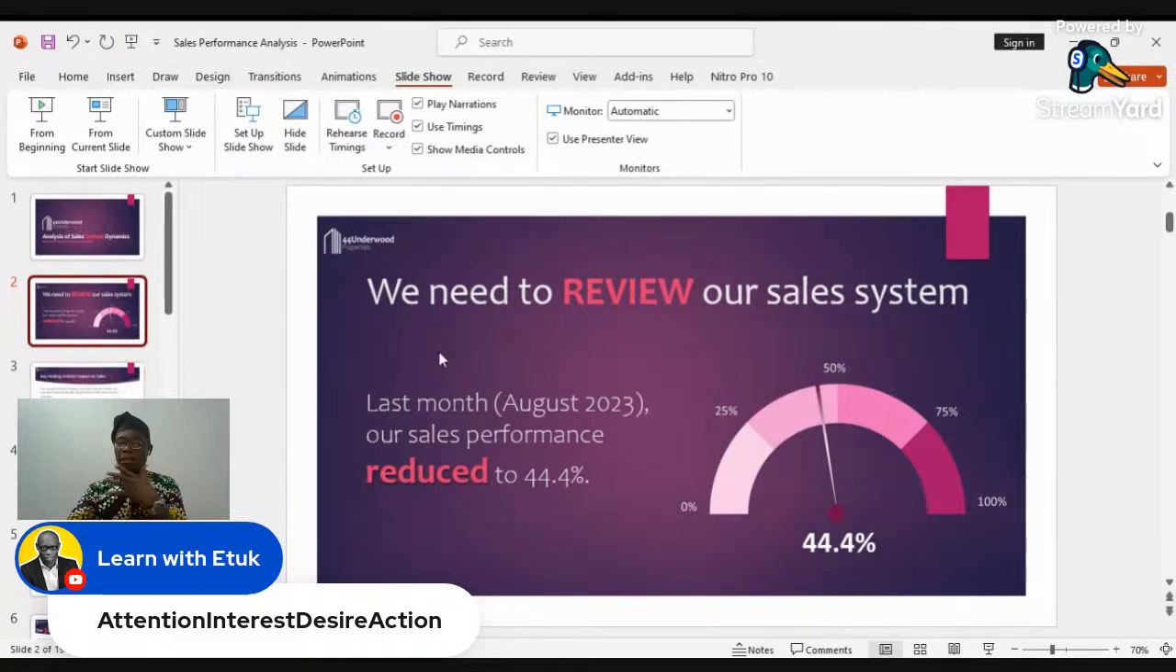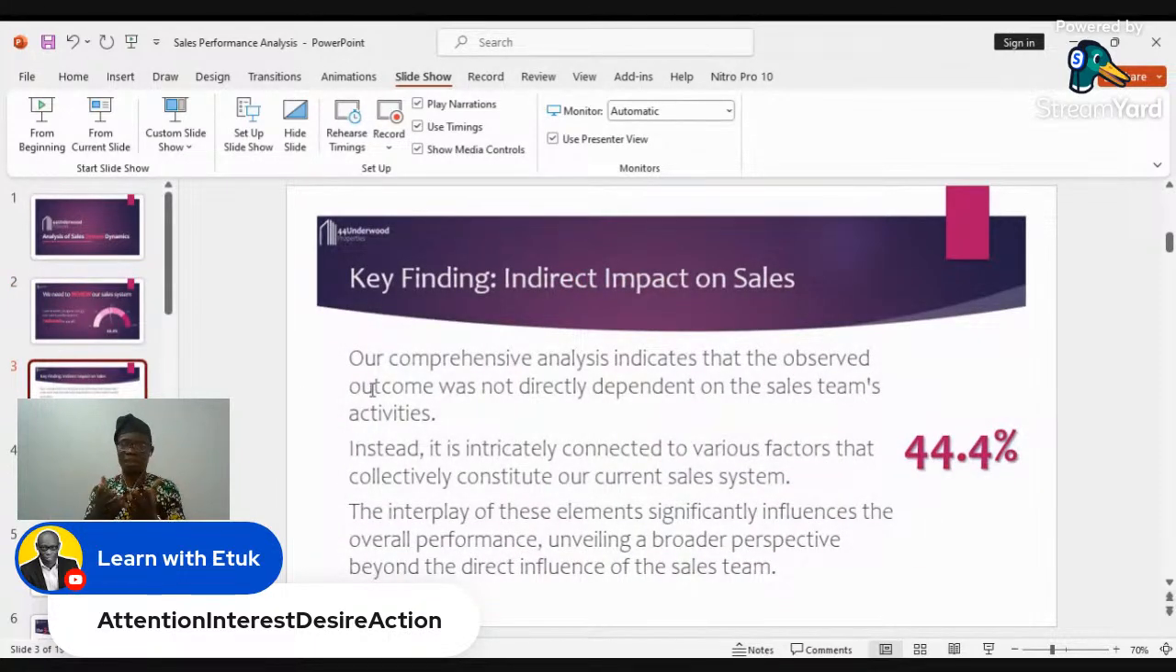Let's continue. So, this is the first part. We've just outlined the action and the key KPI, which is last month. Then I'll proceed with the next part of the discussion now, which is the key finding from the analysis. Our comprehensive analysis indicates that the observed outcome was not directly dependent on the sales team's activities. Instead, it is intricately connected to various factors that collectively constitute our current sales system. The interplay of these elements significantly influences the overall performance, unveiling a broader perspective beyond the direct influence of the